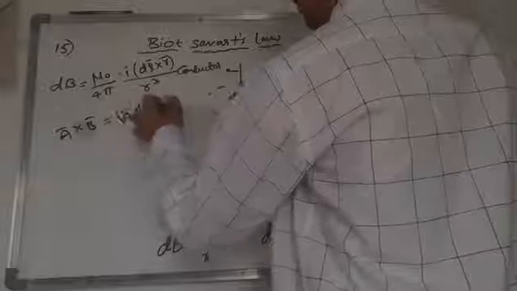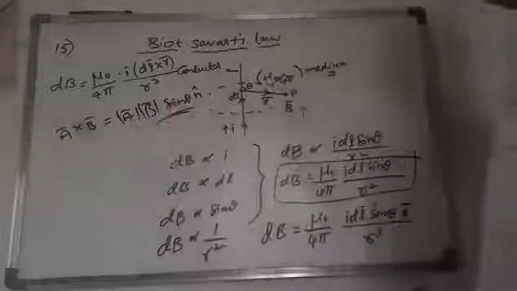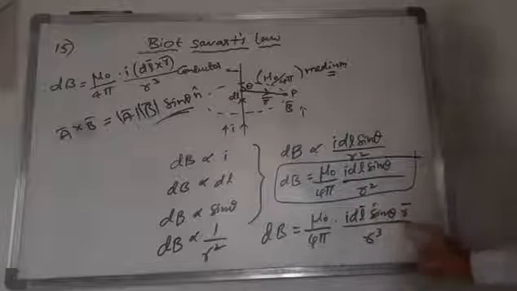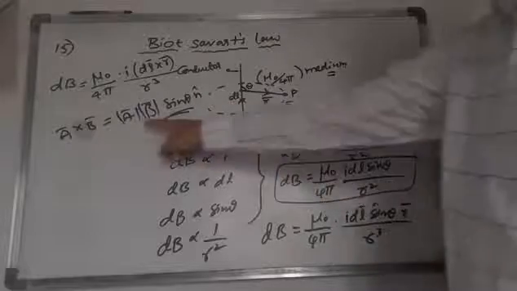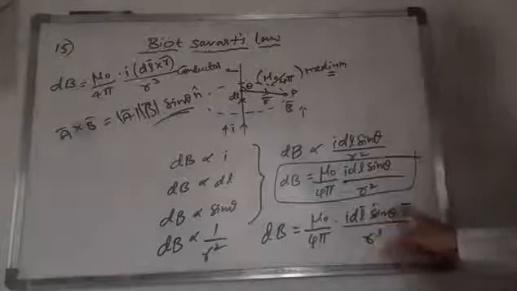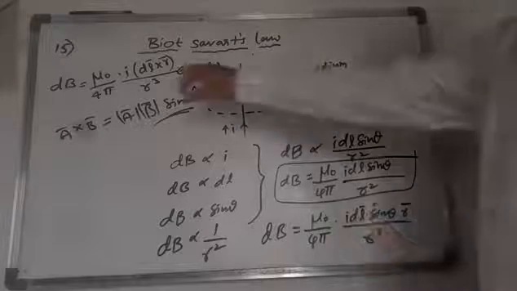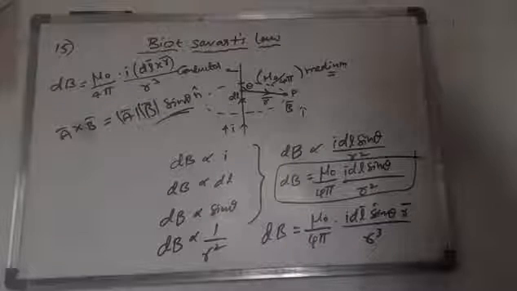A cross B vector is there, what we will write is A bar into B bar magnitude into sin theta into n cap. N cap is a unit vector. Here r bar by r will be the unit vector for us. So sin theta is there already, and AB is there, dl is there, r bar is there. So now you just take it as a cross product. Like this we can calculate the things.